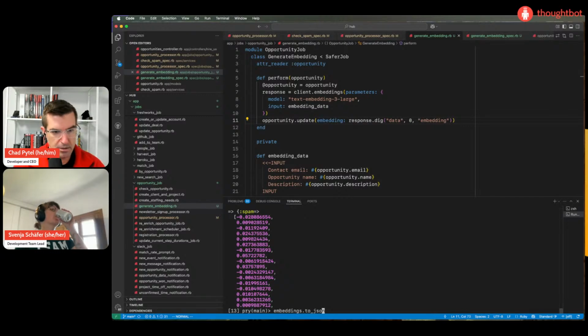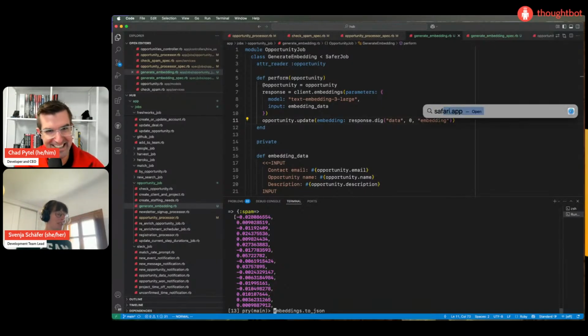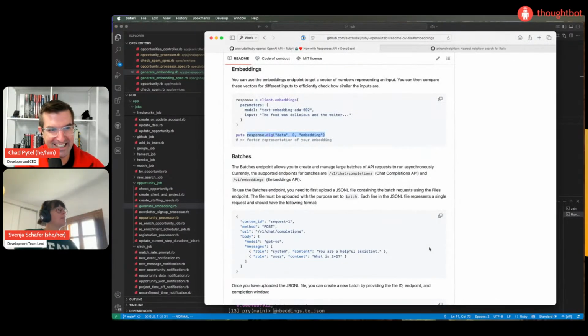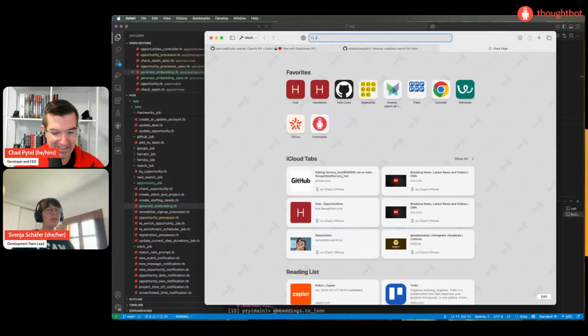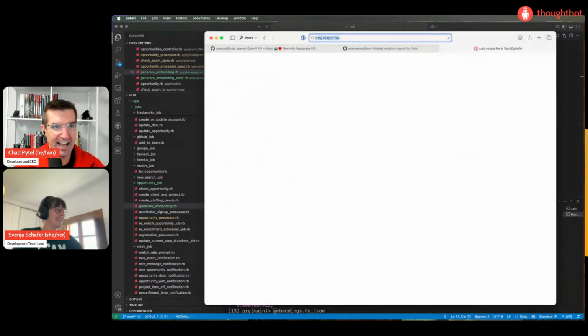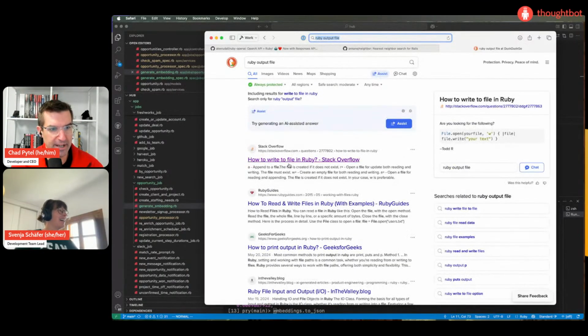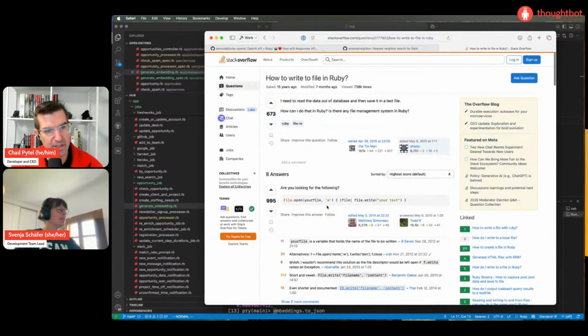Embeddings.toJSON. Do you know off the top of your head how to output a file in Ruby there, Svenja? You ask questions today. Can I just eat my treats? No, of course not. I know in general, but I don't. Yeah, File.open.